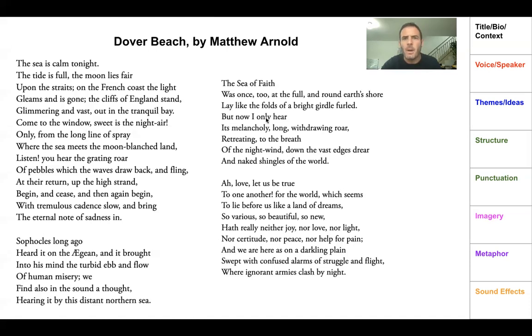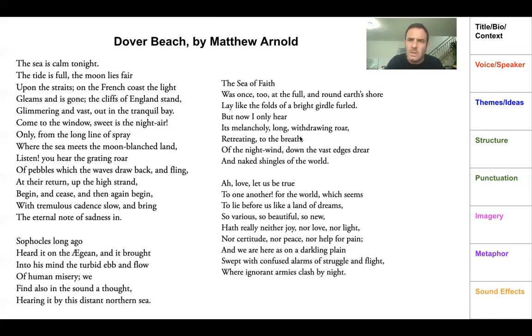So rather than the bark, the frame of a great big ship of faith upon the high seas of faith, we've now got something shattered and broken. So there's another effect. It's not just a sea of faith, it's the ship itself that's lying shipwrecked. And the disruption of the rhyme scheme there, I think, highlights the fact that it's more of a world in crisis.